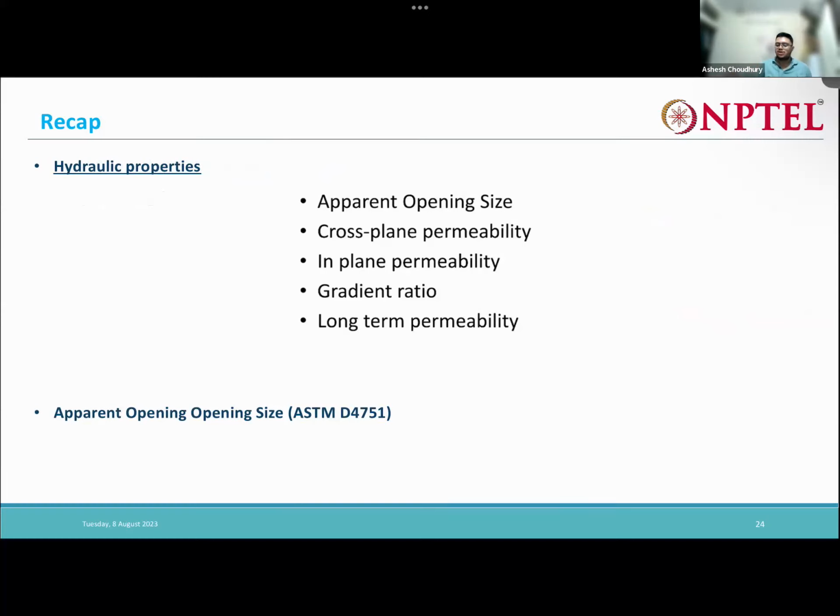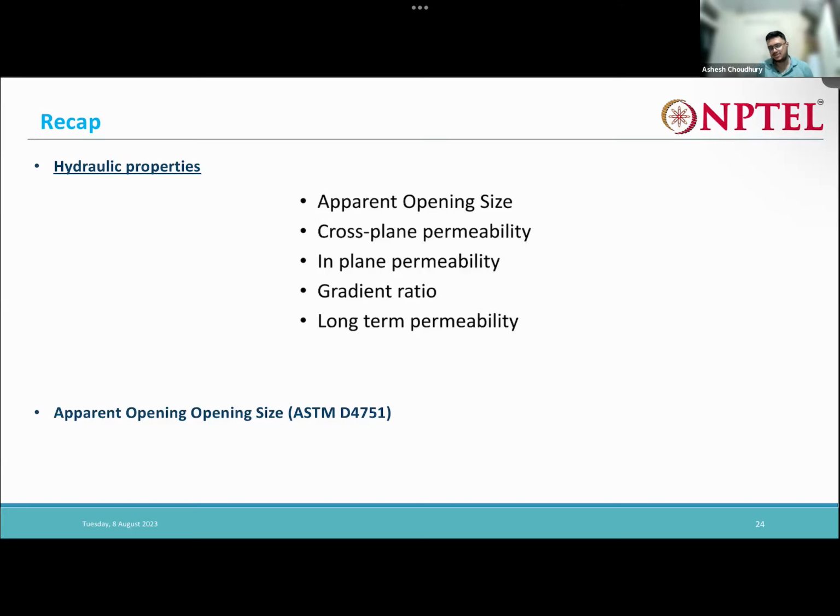So these are the main hydraulic properties: apparent opening size, cross-plane permeability, in-plane permeability, gradient ratio, and long-term clogging. Apparent opening size is a very important parameter, which quantifies the opening size of